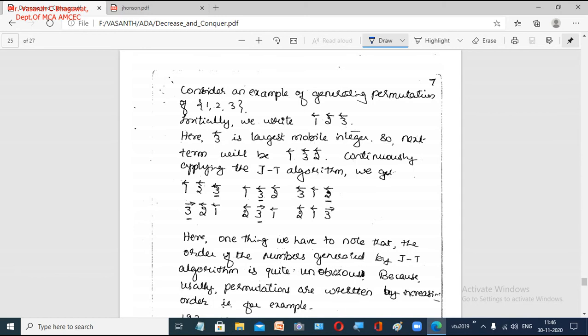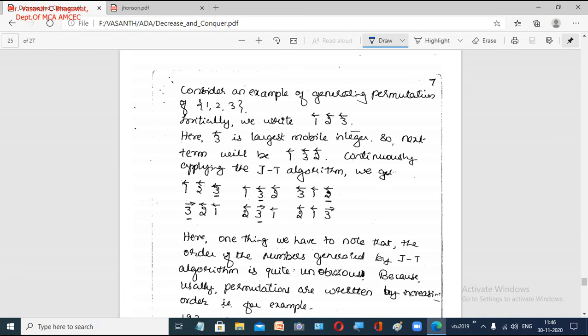Clear? 3 is pointing to 2. Since 3 is the largest mobile number, in the next step we interchange these two numbers, 3 and 2. When you interchange them, you get this as our new permutation.